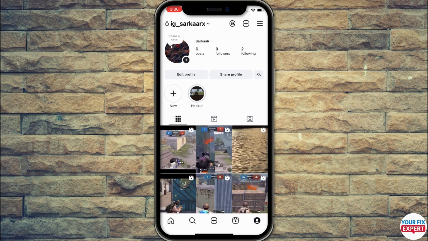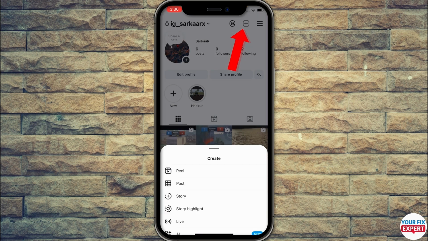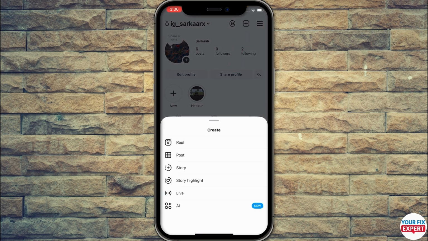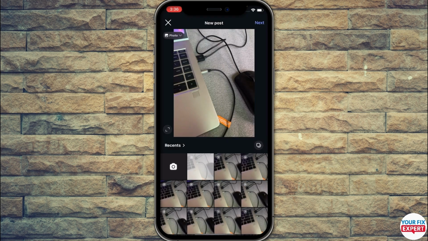And from here what you can do is just click on the plus icon along with the three lines, and once you click here you will be seeing these options: reel, story, post, story highlight, live, and AI. So just make sure to select the second option called post, and once you click on post, you will be